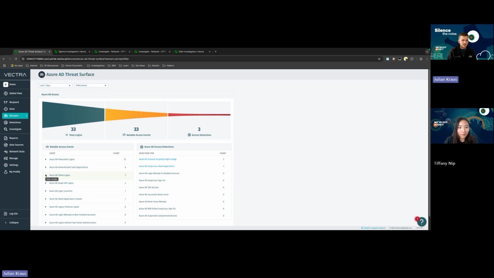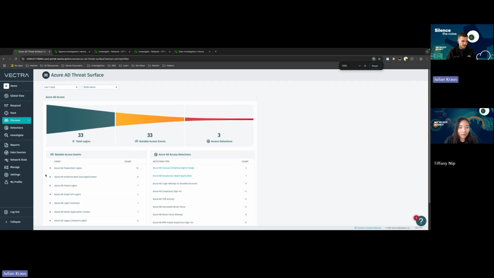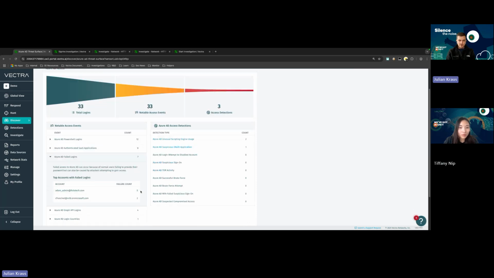Let me zoom in just one step here to make it a bit bigger, because the numbers here in our demo platform are of course not representative. A lot of organizations will see thousands of failed logins here, and even thousands of failed logins for one account. And nowadays, that's perfectly normal in a cloud context, because the login page, of course, is public in a